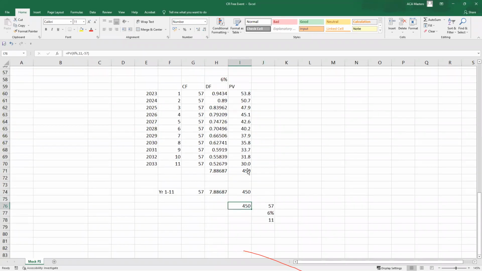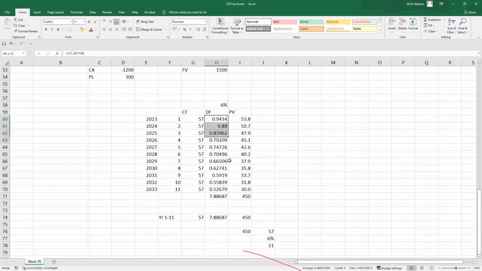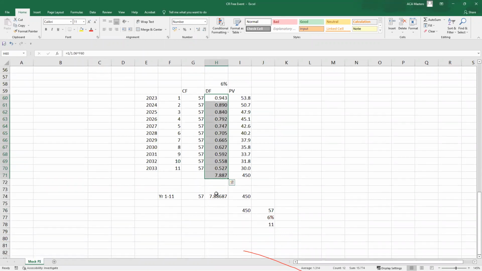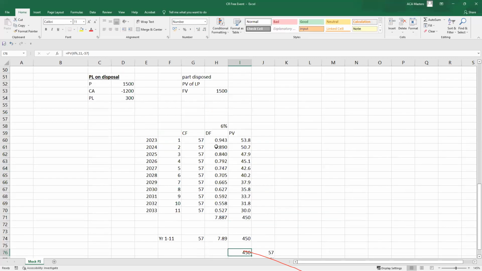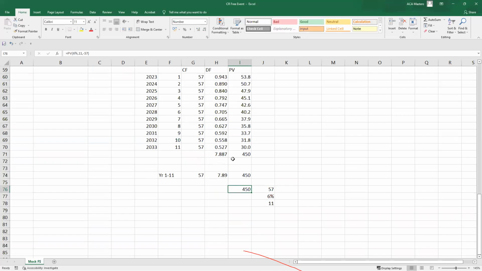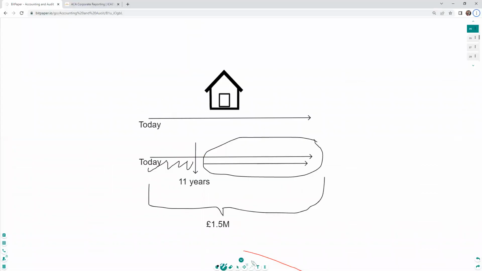So that would obviously be the quickest. I think it's important for you to understand what we've done here. If you go back to the basics of discounting, then it perhaps makes it easier to understand a technical underpinning for using the annuity factor, which is just the sum of the discount factors. And then, of course, the even easier way of using the function in the exam. So whichever way you use, we know that the present value of the payments for the next 11 years are